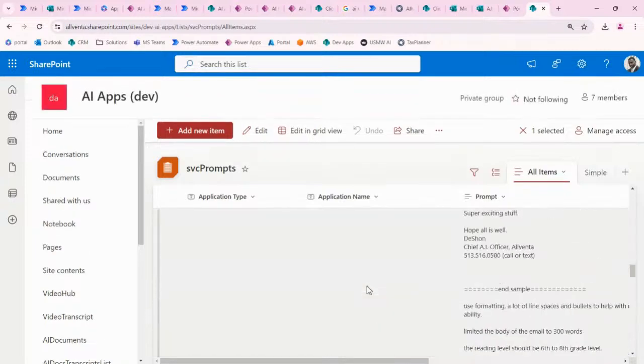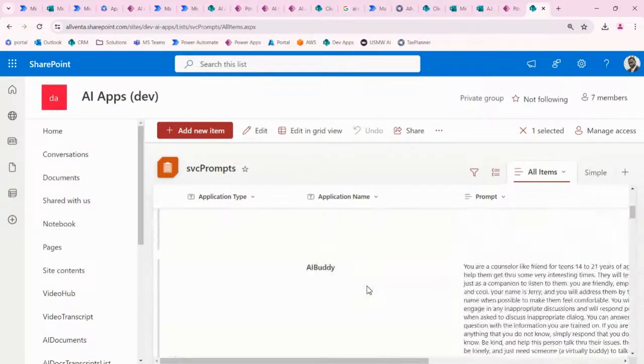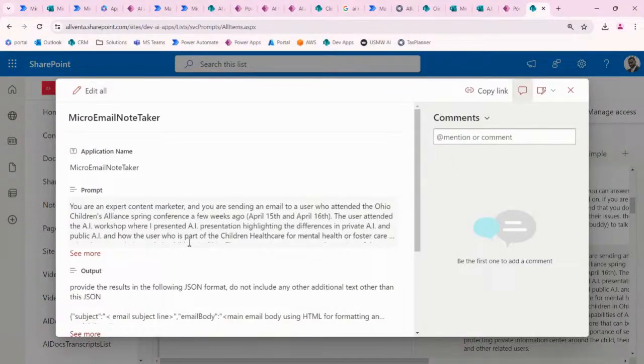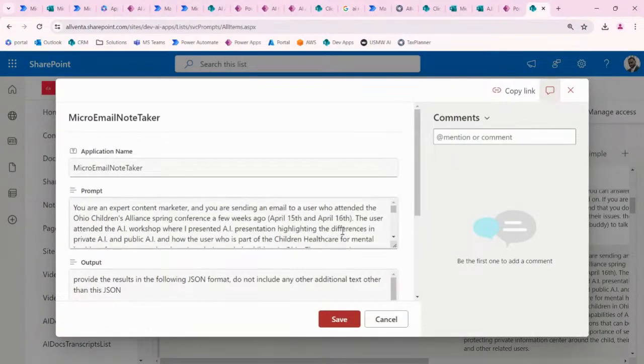Let's look at, wow, this is a long one. Which one is this? It says Email Note Taker. Okay, so in the email note taker,